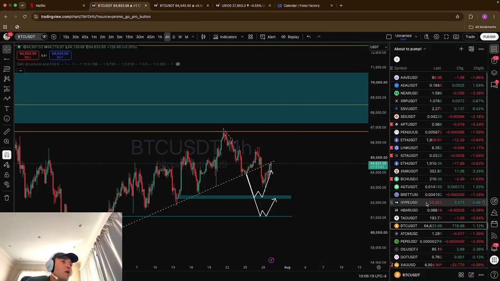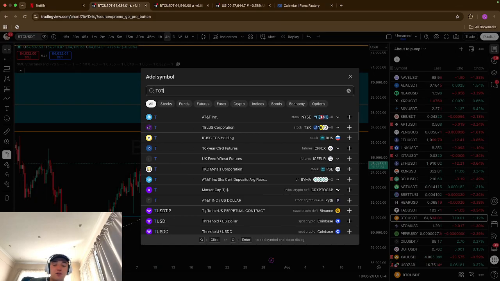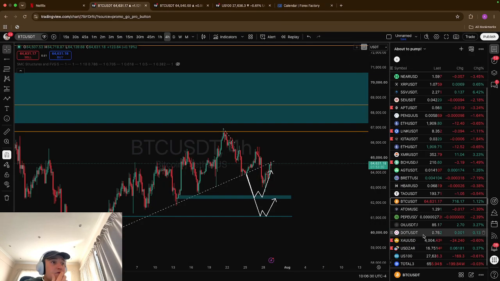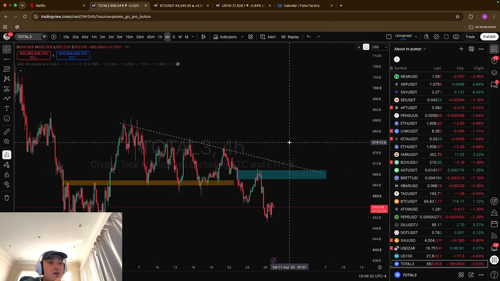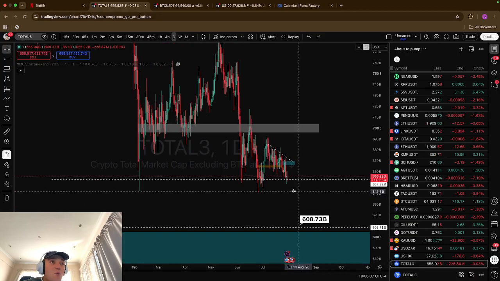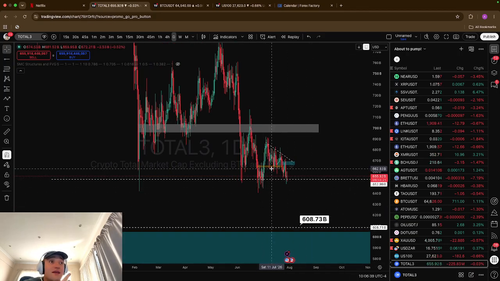Then one more thing I want to take a look at is Total 3. Let's have a look and see here. Total 3 is interesting. And this talks about the altcoins, because if you guys watched yesterday's video, we spoke about how Total 3 is at such a critical zone, guys. Are we going to break the zone, or are we going to come lower? There's a good chance that we can bounce though, guys. There is a good chance that we can bounce. I'm not saying that we can't,